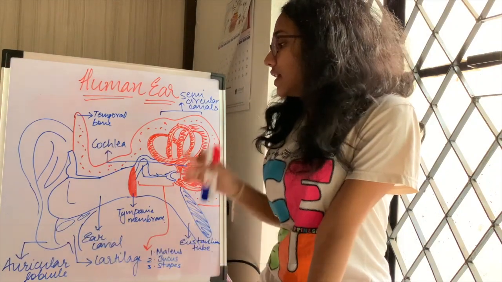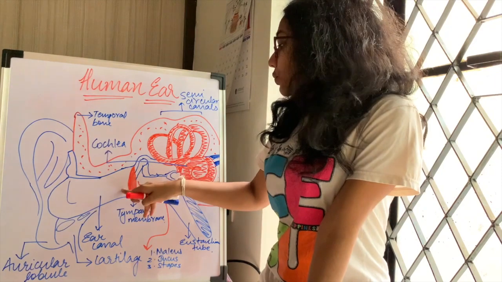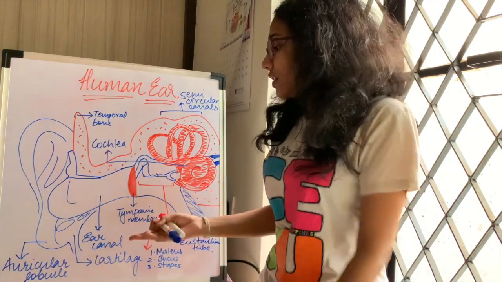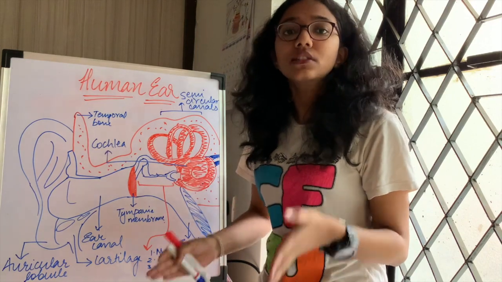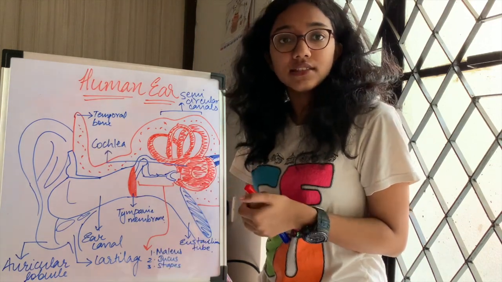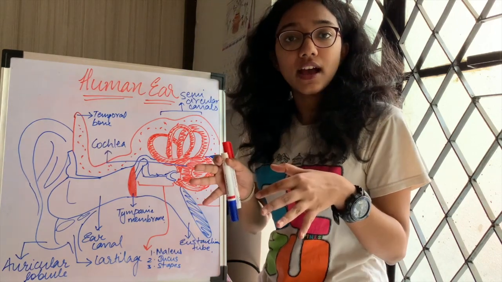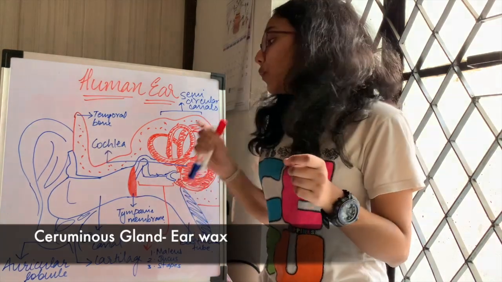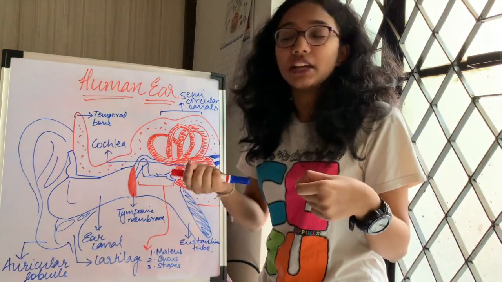So the ear canal is the canal that extends from the pinna or the concha to the eardrum. This ear canal is about 2.5 centimeters long in an average human, and it contains two kinds of glands. It contains sebaceous glands. It also contains modified sweat glands known as ceruminous glands, which produce cerumen, also known as earwax, which you usually clean out.